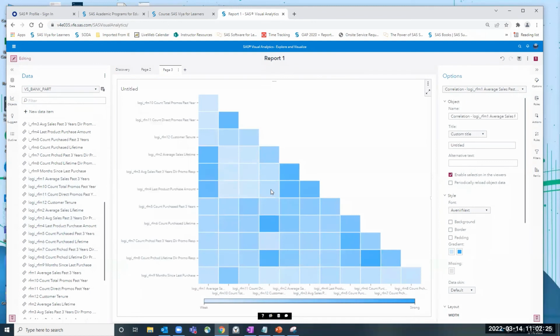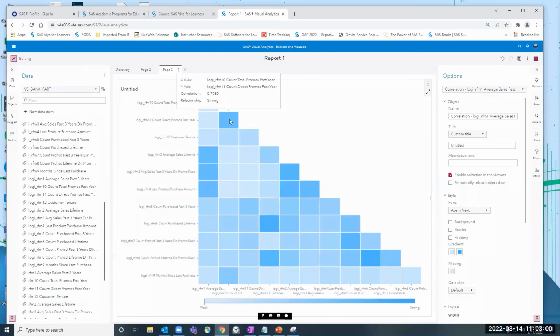All right. So SAS said, hey, you dragged 12 measurement variables, what kind of graph would make sense with these? So it gave me a correlation matrix or graph here. So I could hover over this and say these 12 variables are correlated with each other. For example, if I hover over this dark square, I could see that log I, RFM 10 and 11 have a correlation of